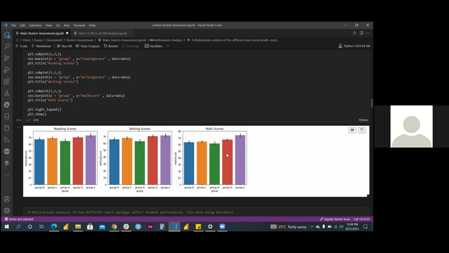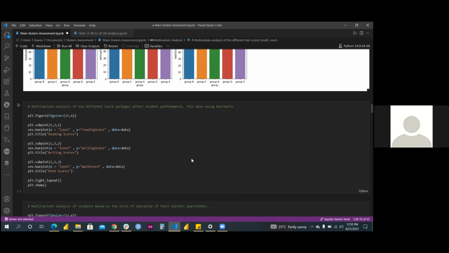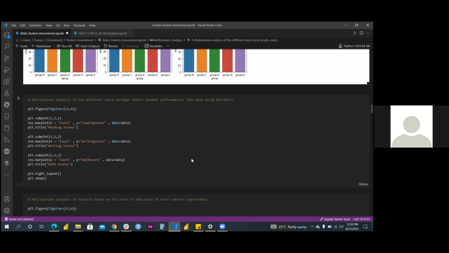You see that group D had the second highest bar here, and here too. Then there's group C. So in order of ranking, the top three groups are group E, group D, and group C in terms of performance in the test. I can also do this for the lunch type and the test scores, to see how the type of lunch they had during lectures and classes affected their performance in the test. So if we run this now,